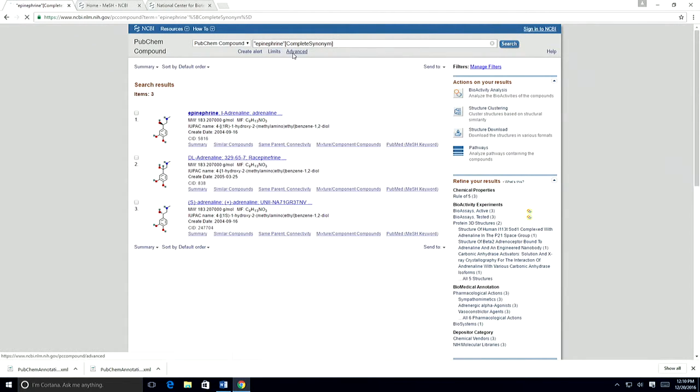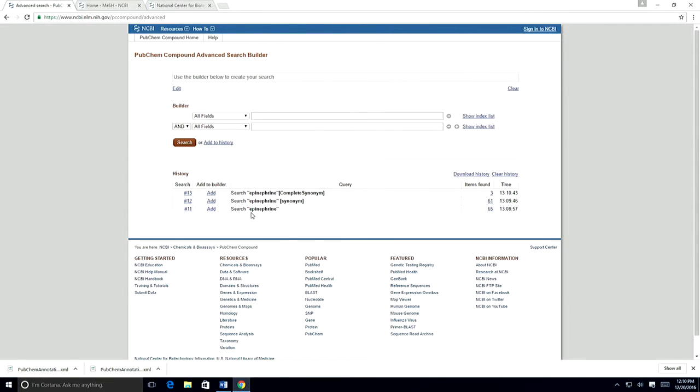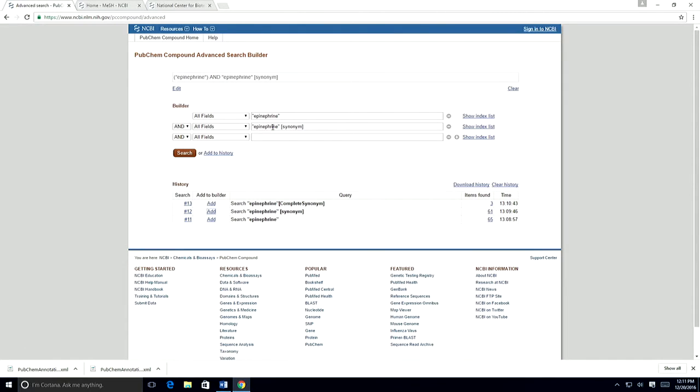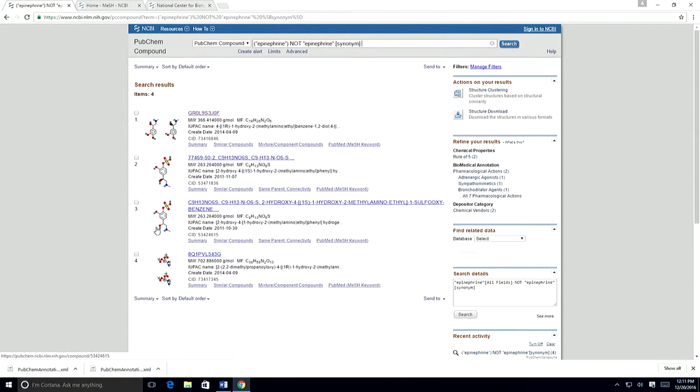Now I could go back to the advanced, and we could ask ourselves which were the compounds supplied by the MeSH synonyms. So if I add epinephrine, this search here gave us 65 hits, all of them. And then if I add epinephrine synonym, this gave us 61 hits. It gave us the depositor supplied synonyms, but it didn't give us the MeSH. And I have the option of using Boolean, and I'll do a Boolean operation NOT, so I'm saying which was in all of them that are not the ones with the depositor supplied only. And now if I do a search, I come up with 4 compounds, and these were the 4 compounds that